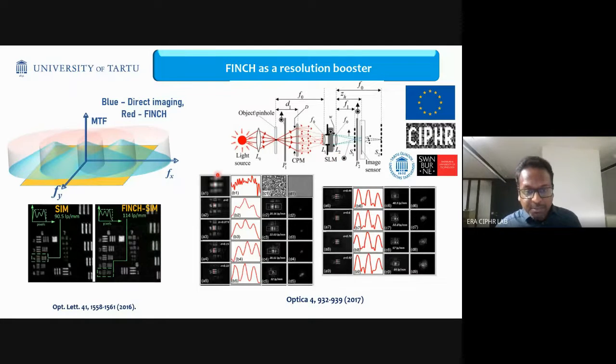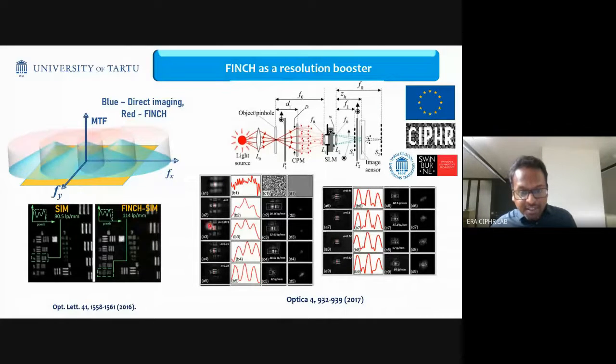So the first image which you're seeing here is the case with the direct imaging system, not Finch. And this A2 is obtained with Finch, but no scattering mask. You can see the image is not resolved. But then as we increased the scattering ratio of this mask gradually, this sigma represents the scattering ratio, 0.074, 0.15. You can see that as we increase the scattering ratio, the resolving power of the system improves. And you can also notice this visibility graph, which clearly indicates the improvement in resolving power.